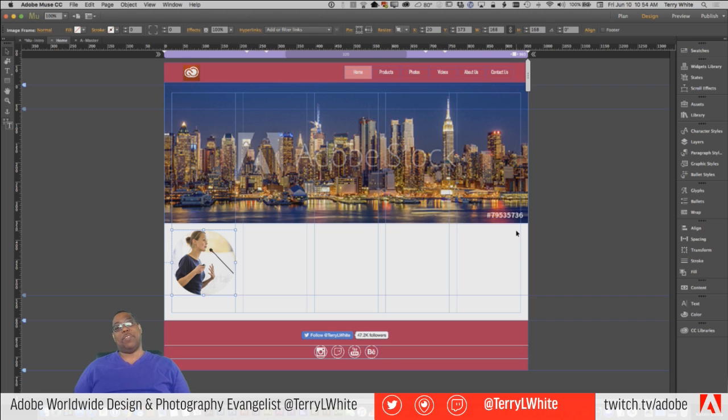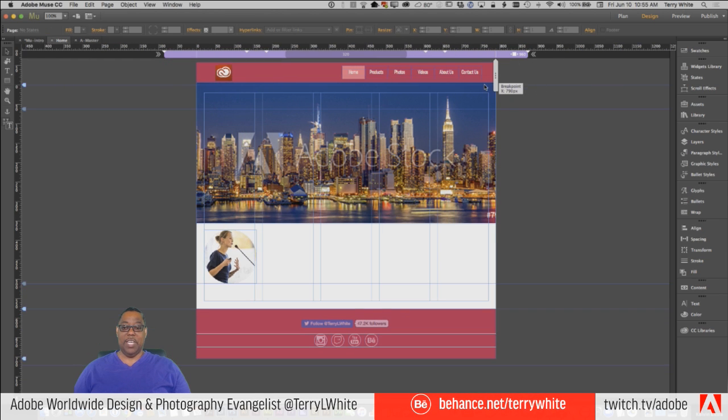And now we can deal with this one of two ways. We can either say, don't scale it at all, and I'll deal with it as the page gets smaller. Or I can say, go ahead and scale it until it gets too small, and then I'll tell you to stop scaling it. So let's try that first. So right now we're at the 960, where it will start scaling it, and it scales it.